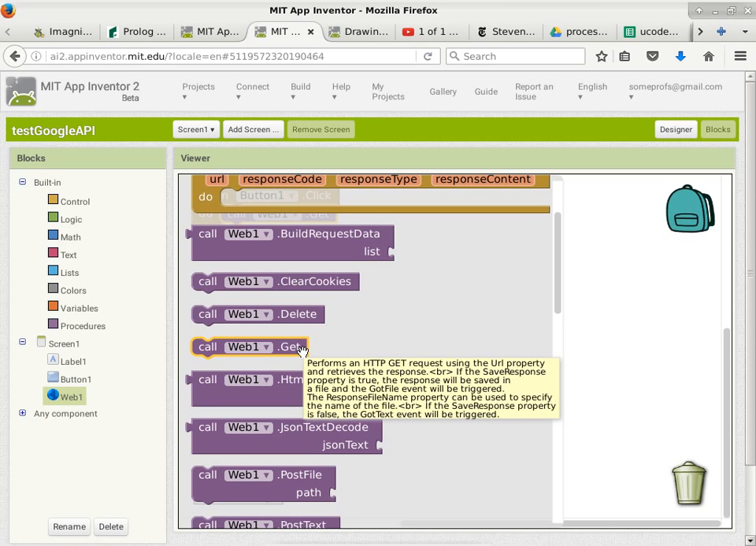So it performs an HTTP GET request using the URL property and retrieves the response. So this part already suggested it does come. It won't come back until the response is there. Okay. If the saved response property is true, the response will be saved in a file, and the got file